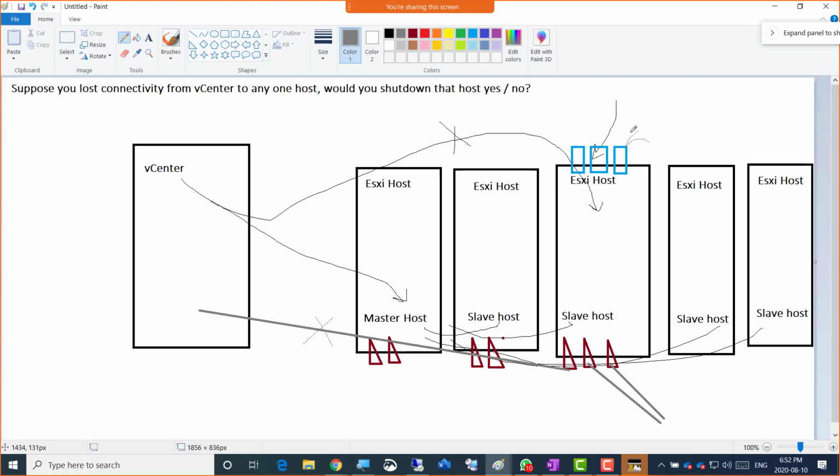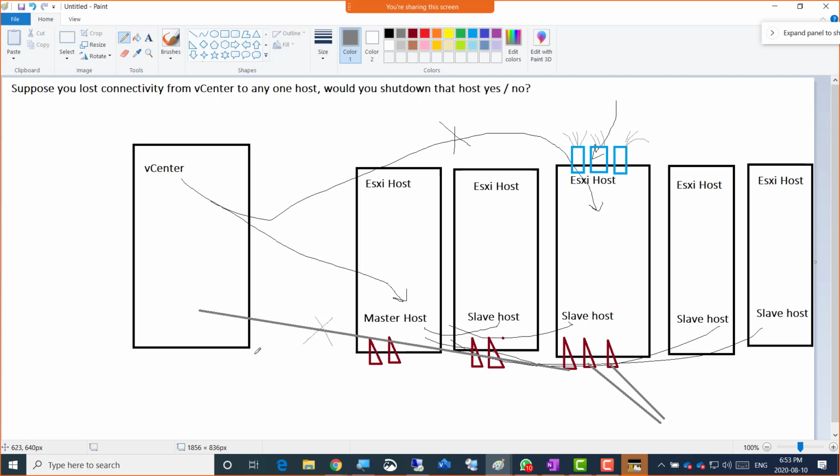Suppose this is a file server. Critical files are here, right? This is a web server. Maybe an intranet is being offered. And this is a print server, so lots of print jobs are going on. That's all very critical, productive jobs and tasks going on. You can't just shut down that host